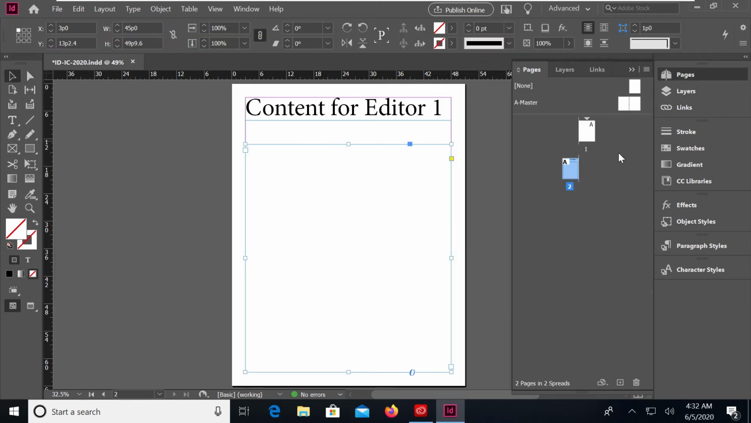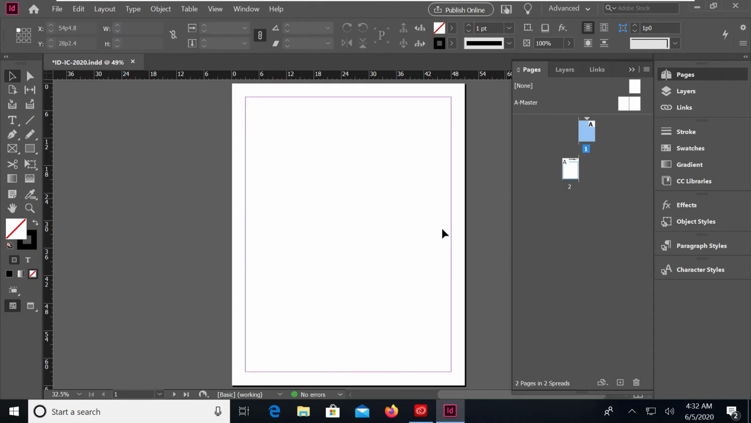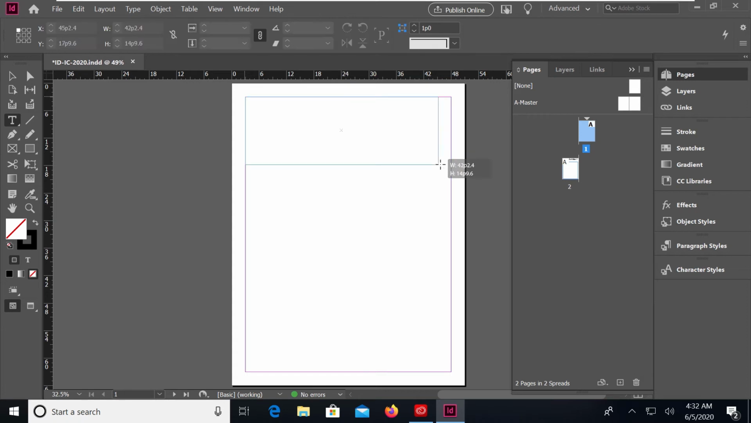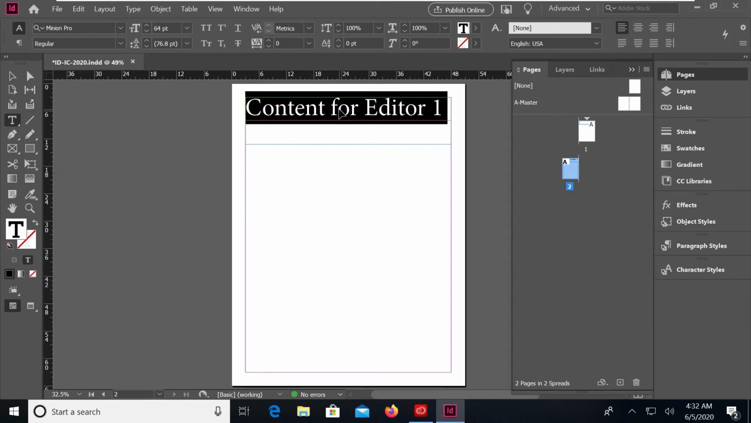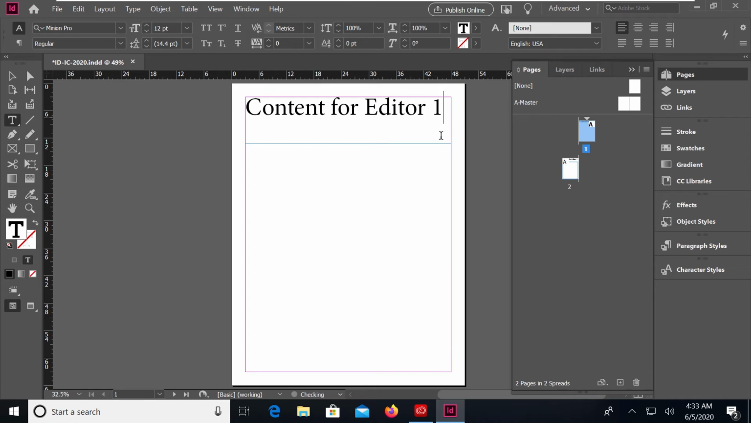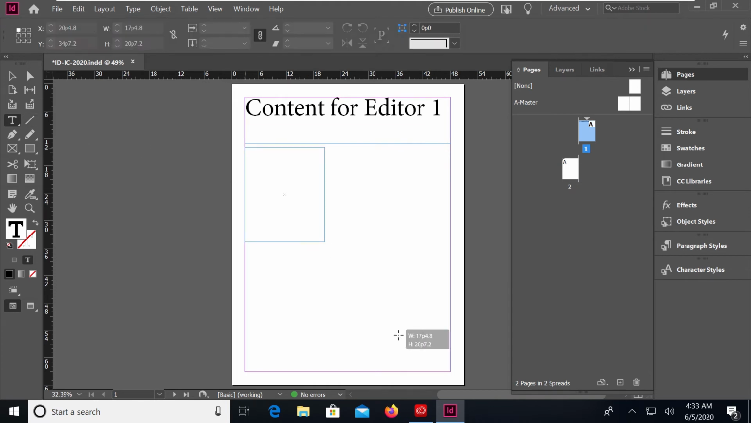And if I switch over to my first frame, first page, sorry, I can create another text frame here, just copy it over to my first page and then paste it here. I'll leave this one for editor one and then change to this one, editor two. Okay. Now I will again add another text